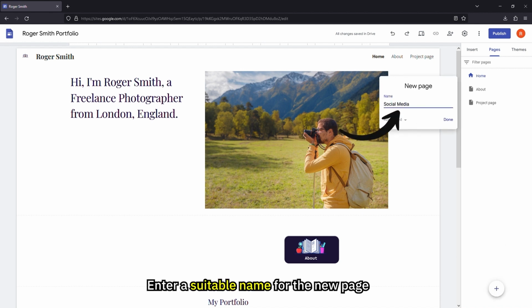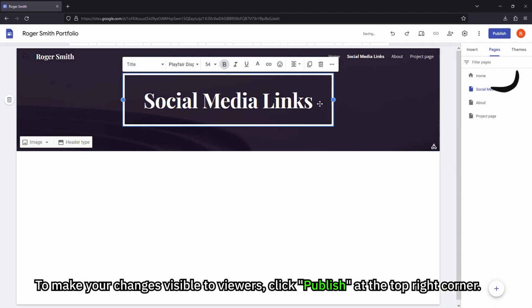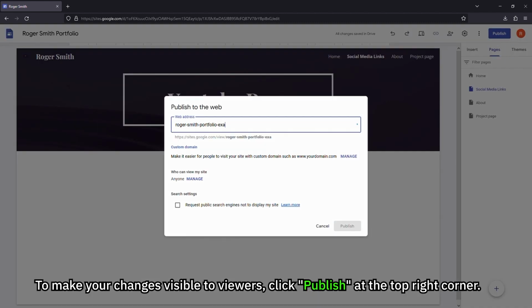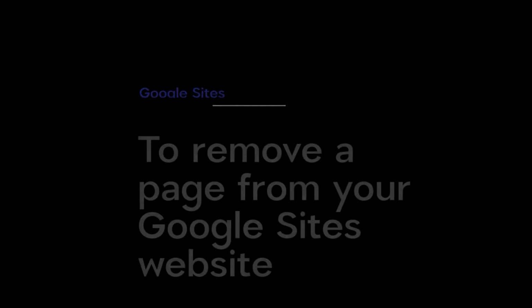5. Enter a suitable name for the new page. 6. Click Done to save your changes. 7. To make your changes visible to viewers, click Publish at the top right corner. To remove a page from your Google Sites website,